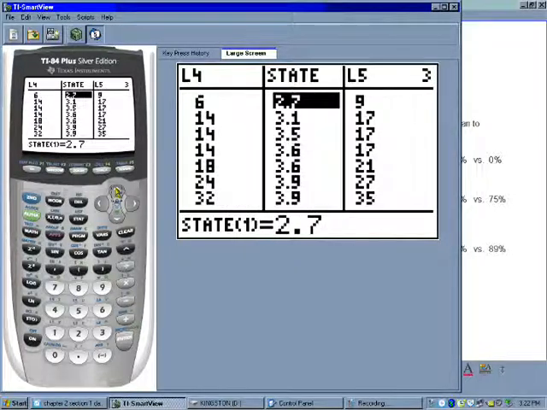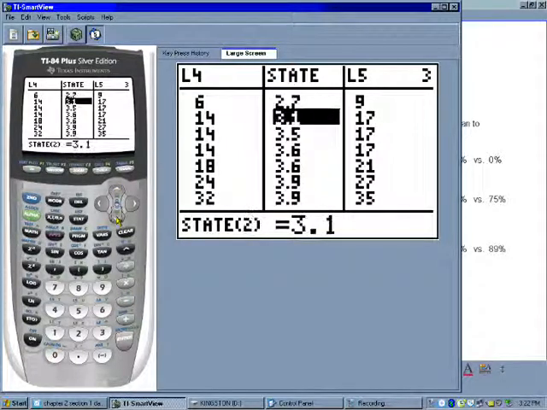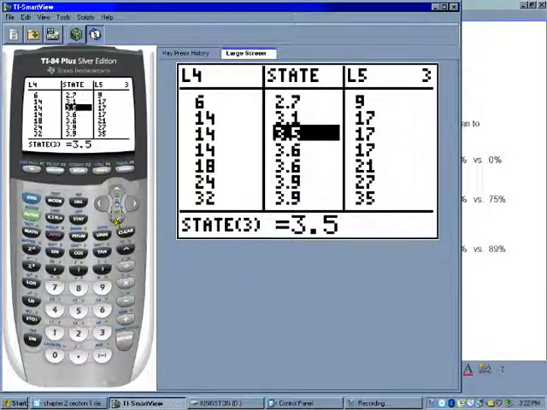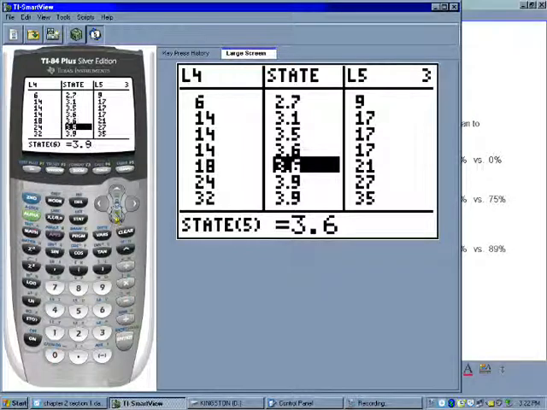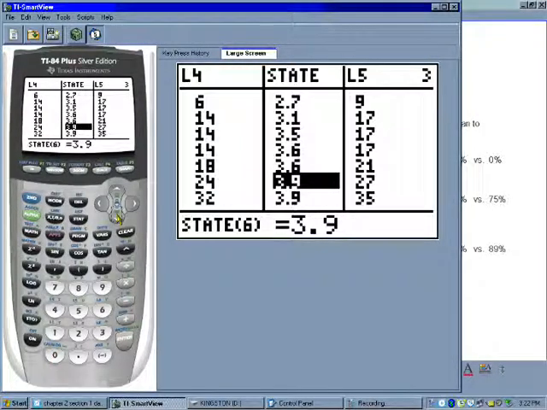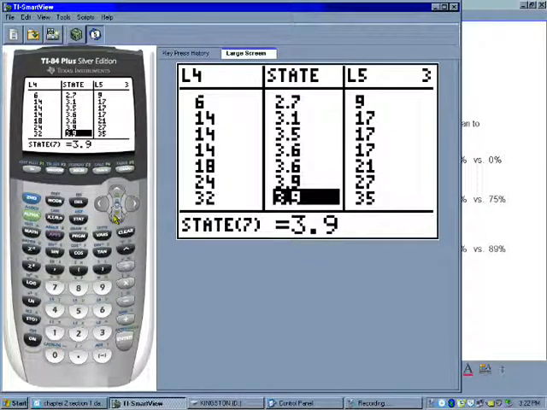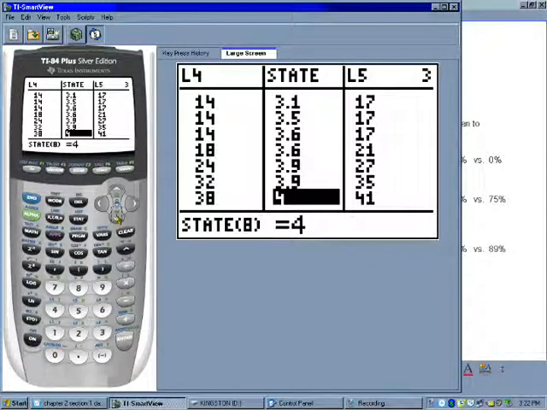All right, I'm at the beginning of my data set. 2.7 is outside. It's below 3.92. So is 3.1, 3.5, 3.6, 3.6. 3.9 is very close to 3.92, but it still is outside of that range. So I have to keep going past there. This number 4 is the first thing that is actually inside the range of 3.92 to 5.88, and it is positioned